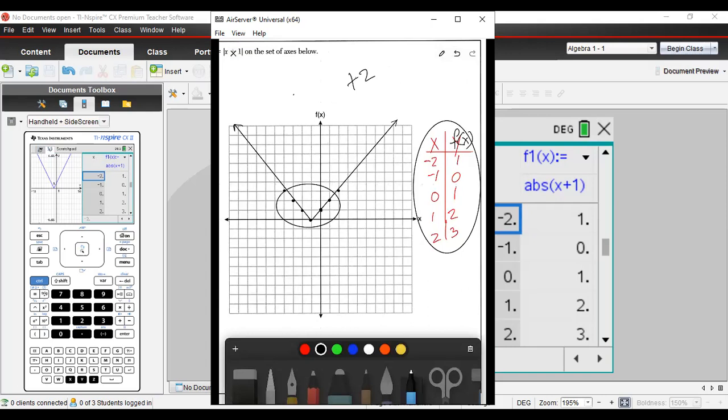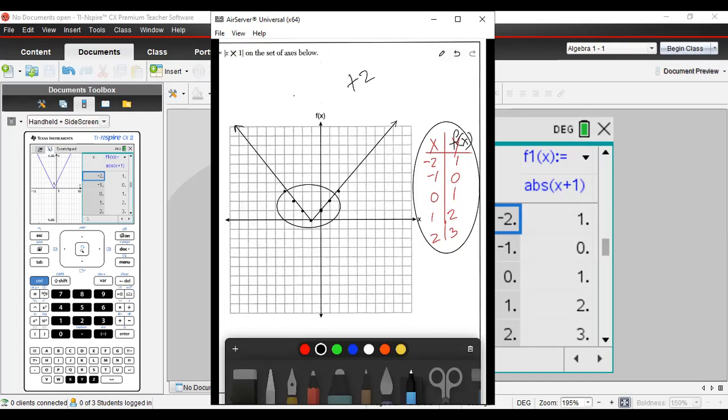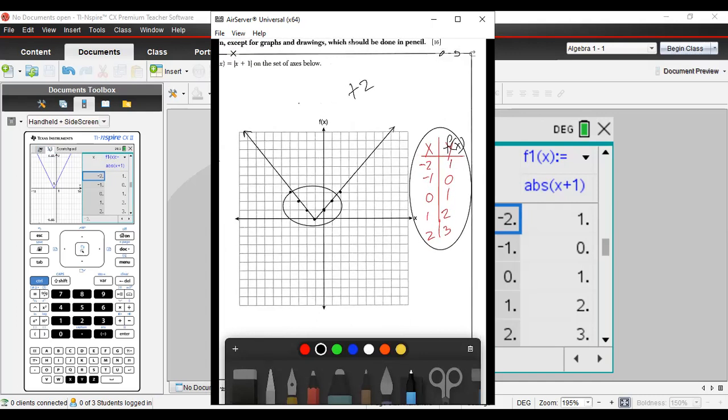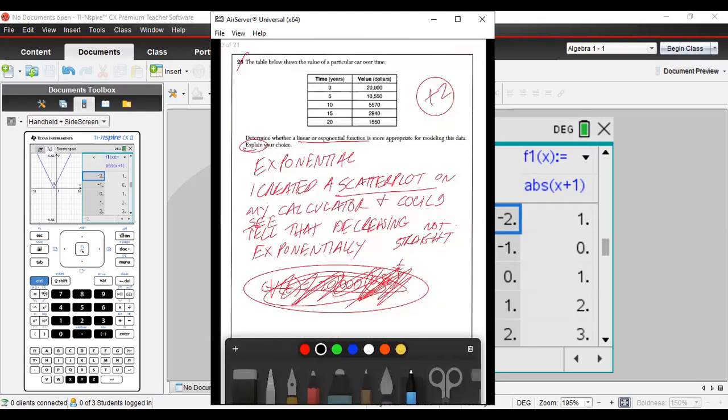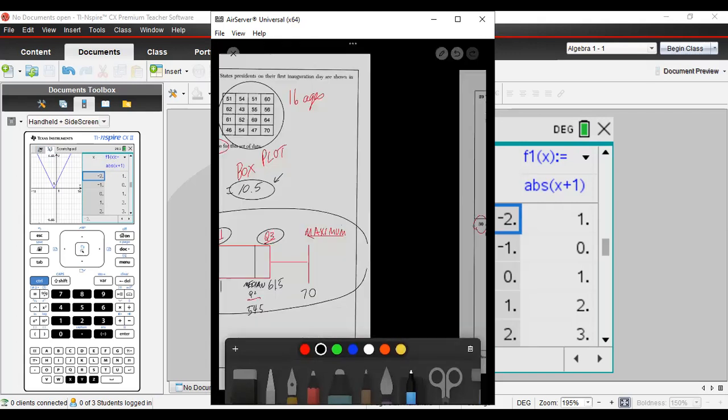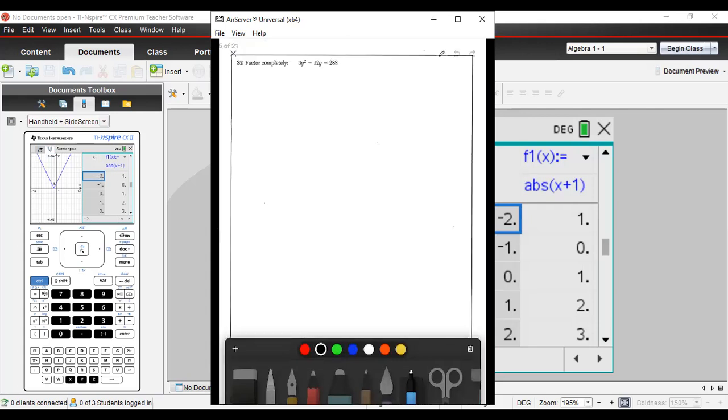Now, I wasn't going to do this, but I'm going to show you how to do one more. So this is number 25. And now I'm going to go to one other one. I think it was